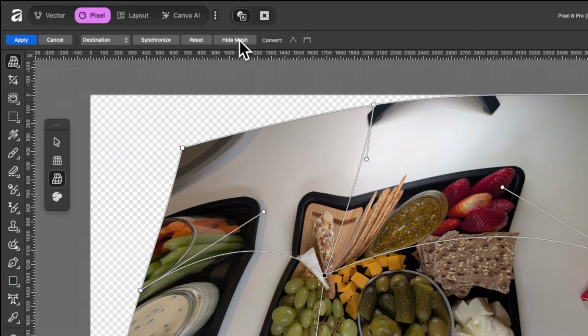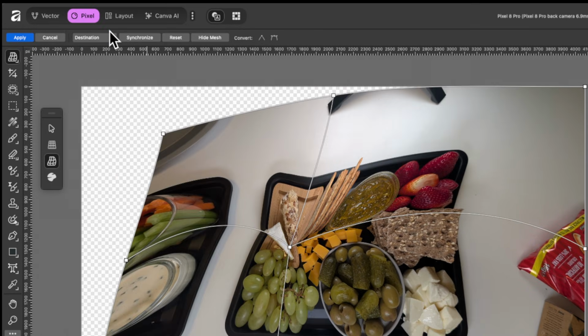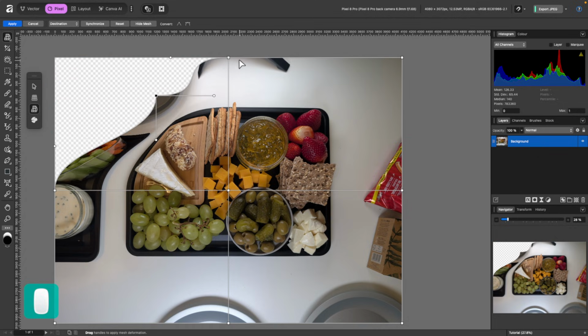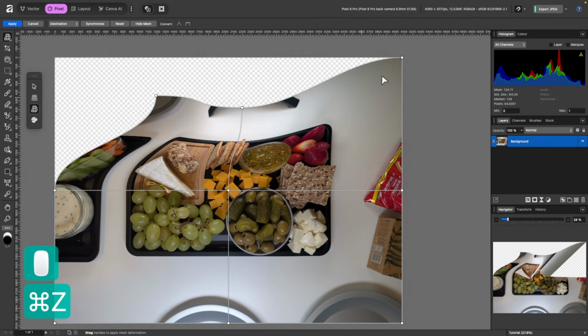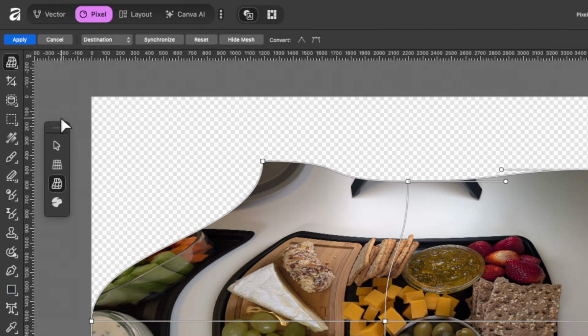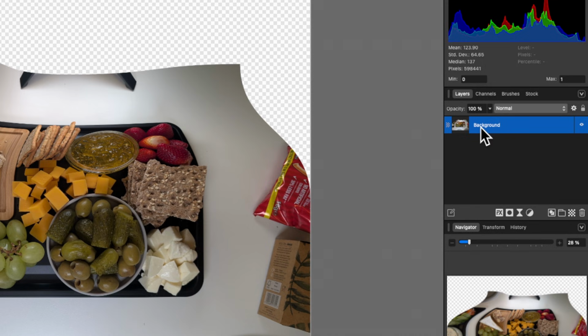Of course, you can go ahead and hide that mesh with the button in the context toolbar. And you can also go to destination and then source. That's what it looked like before. You can switch between them, destination. And I'll just go ahead and reset that so it's back to normal. But just know that when you do this, it is destructive. It isn't a filter on top. So once you're done with that, you can't really go back from it. So I'm going to click apply and you can see now we still just have one layer.